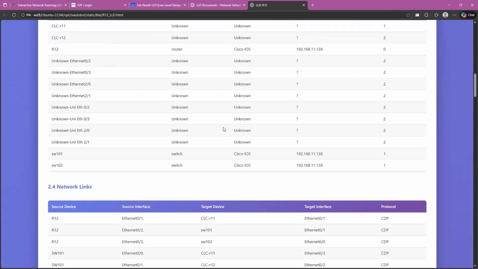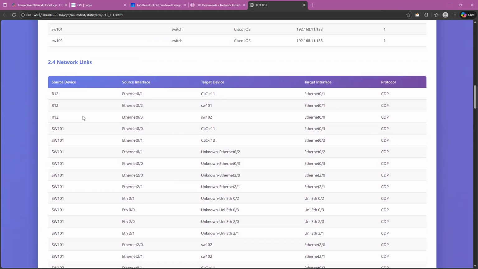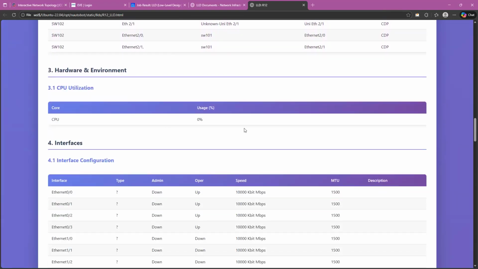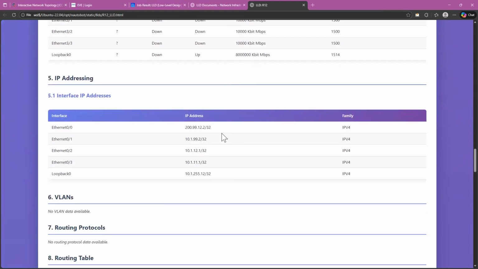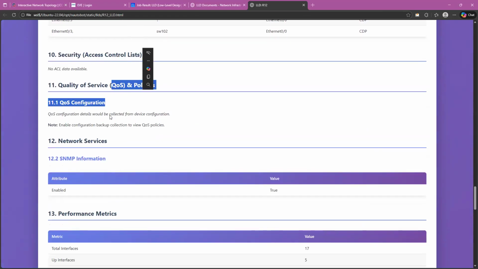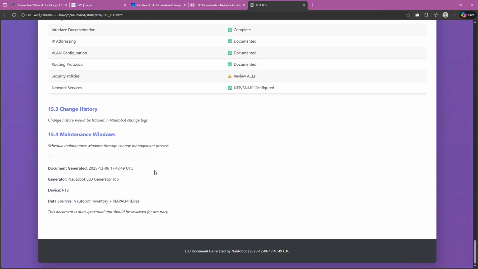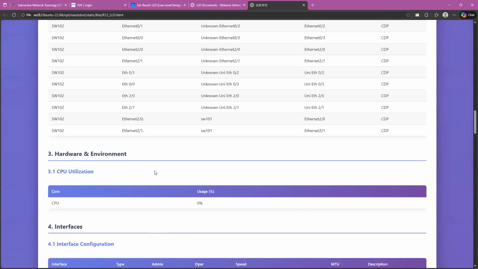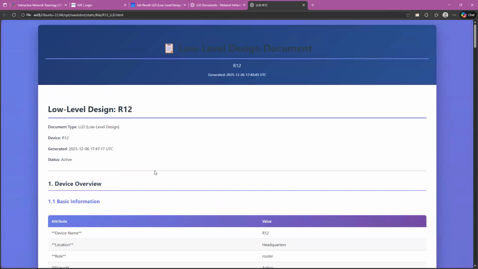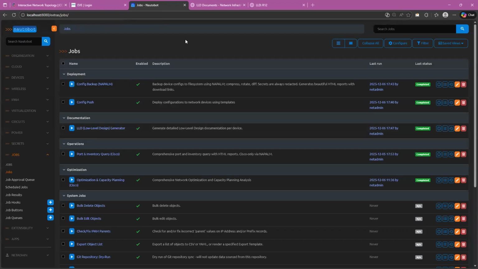How many interfaces? Because this is very much a lab and EVE-NG, you can see the interfaces and how they are learning those interfaces. CPU utilization, the interfaces, IP schema, VLANs, CDP, LLDP, ACLs, QoS, network services, performance metrics, right? All those details that it is providing, right? This is just a demo. This is our target, meaning in the coming few classes, you should do all these things as well.